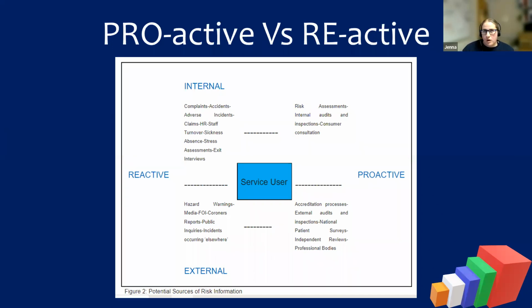And the aim is always to be proactive, because the earlier that we identify the risk, we can either prevent it from occurring or reduce the likelihood of the risk actually taking place.